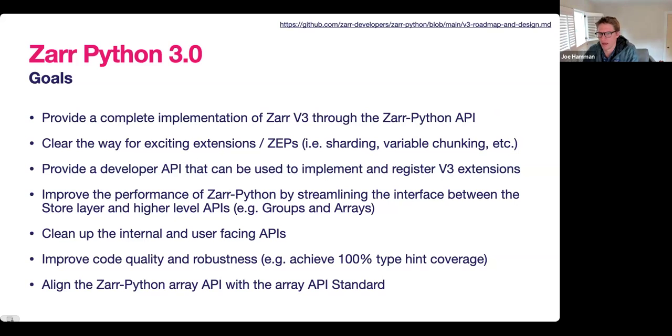We wanted to clear the way for a bunch of exciting extensions in ZEPs. ZEP stands for Zarr Enhancement Proposal. Sharding is actually going to ship with 3.0, but variable chunking and other extensions are candidates that can come along later. We wanted to provide a developer API that can be used to implement and register those extensions. So, with many more extensions possible, we expect third parties to develop some of those extensions and want to register